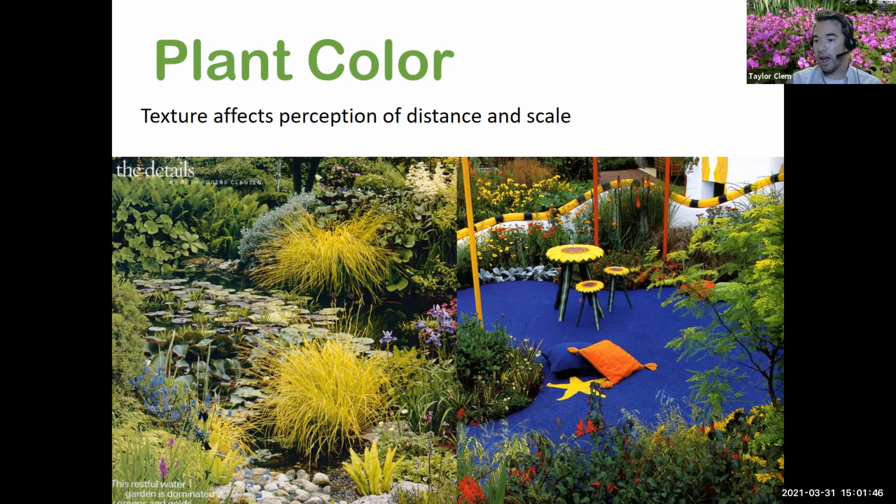That contrasting texture can really draw your eye to it, because there's a little bit more of those coarse to medium texture plants surrounding it. And you have this really fine texture grass that has a contrasting color. It's going to attract your eye. The image on the right,